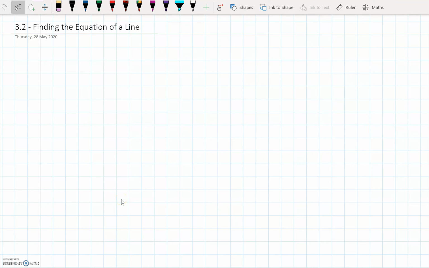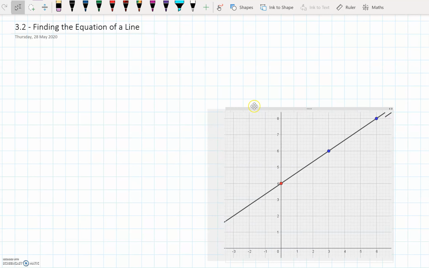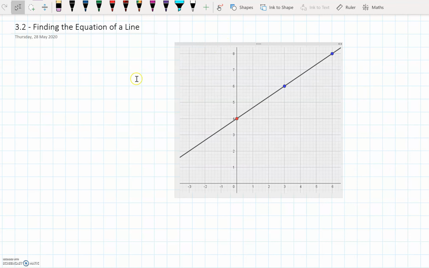Okay guys, what we're going to look at now is how to find the equation of a line. Now I took a picture off the internet, so we're going to find the equation of this line here. We might look for some more in a sec. Okay, so guys,